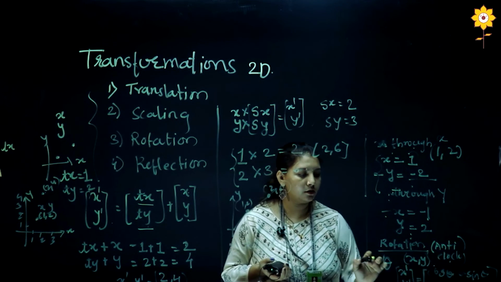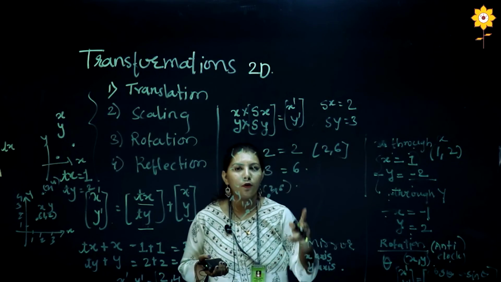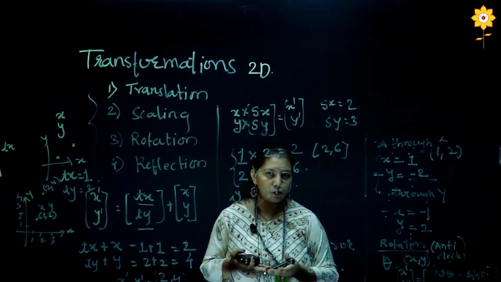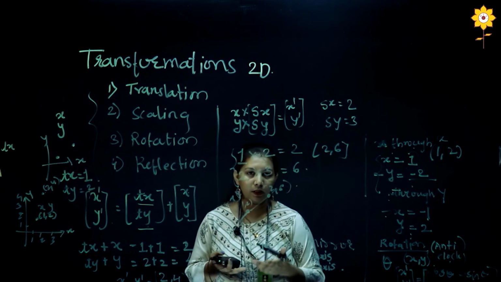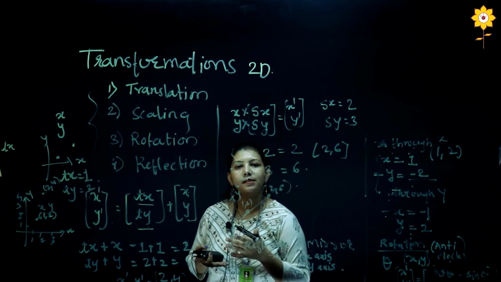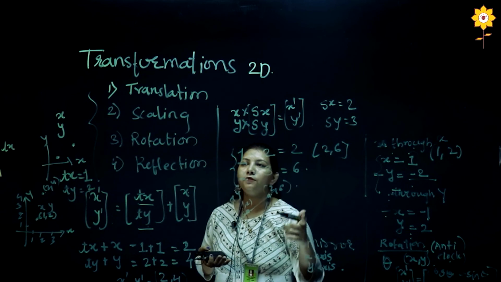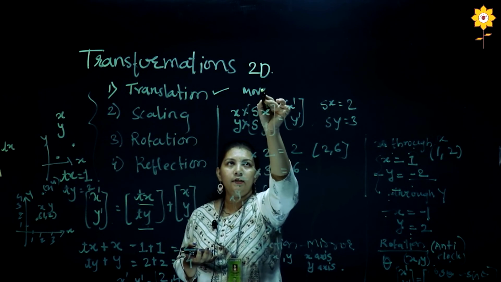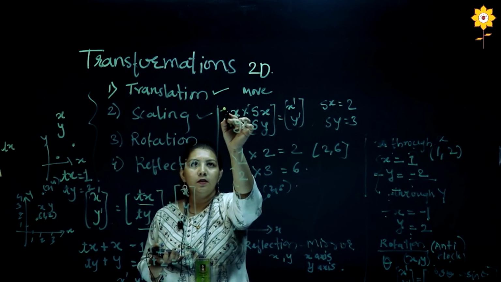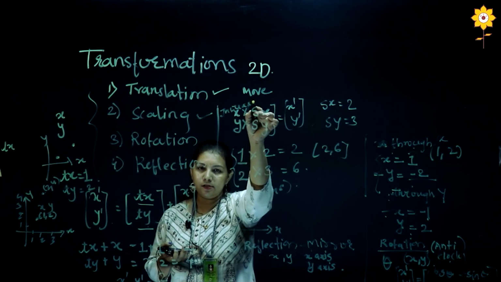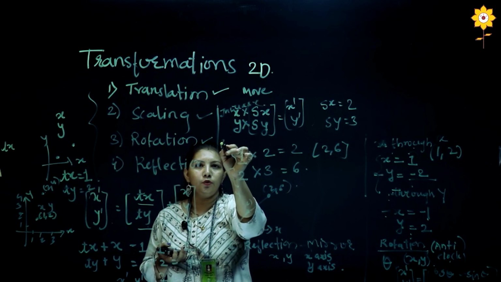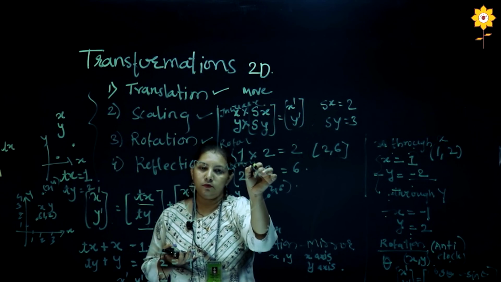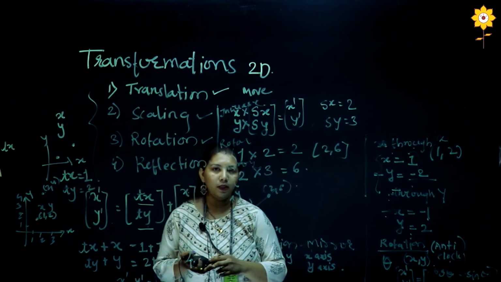So that's it. These are the different types of transformations that we can apply on two-dimensional objects, wherein we have to work with the two coordinates, that is the x and y coordinate system. The first one is translation, to move or locate the object. Second is scaling, to increase and decrease the size of an object. Rotation, to rotate the object, and reflection, to get the mirror image of the object.